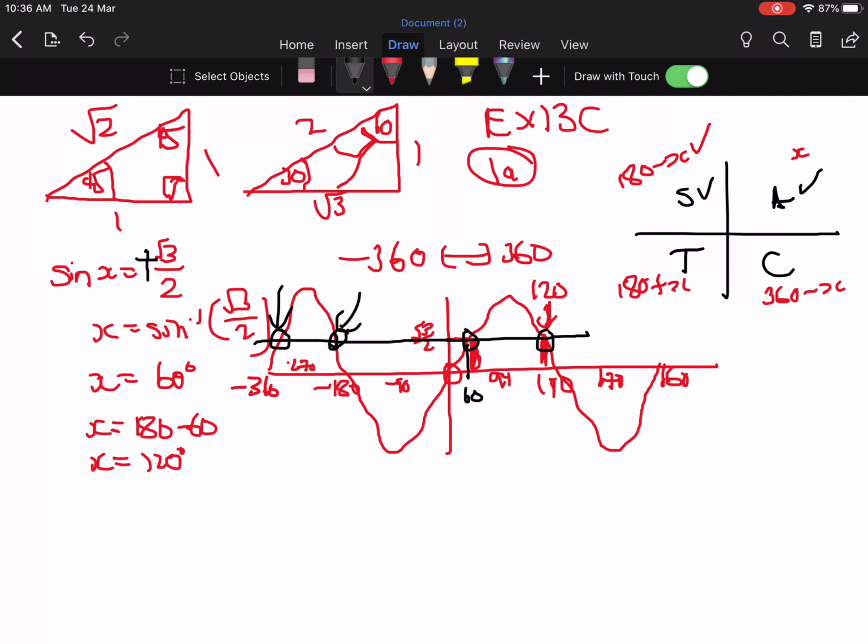Now, if it's cos, it's easy because it's symmetrical. So the answers on the right are going to be the same as the answers on the left, but just negative. But this one's a little bit different because this is actually 360, and I'm going to add 60 because I'm getting less. And this is 180 and I'm going to minus 60. So if you think about this logically, I'm actually going in this direction